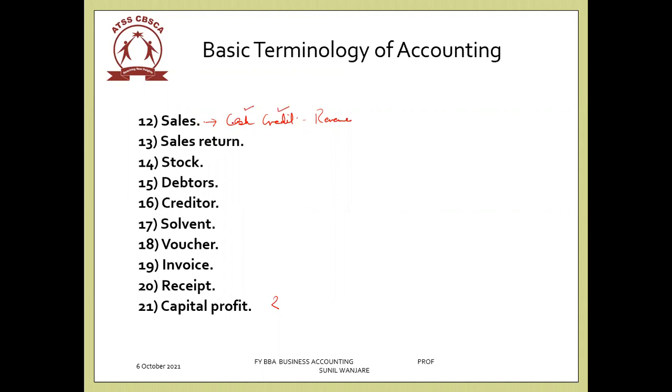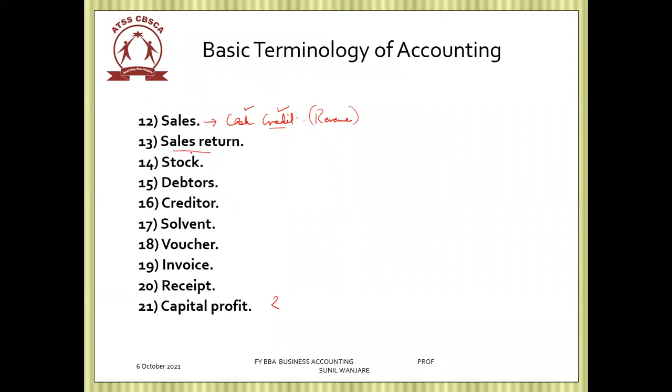What is cash basis? You supply material and you get cash immediately, it is called cash sales. And the material that we sell on credit, meaning you're not getting money immediately, is called credit sales. Credit sales is like we are selling goods and then collecting the money after 60 days or 30 days. Both are accounted as revenue, you're earning money from that. Now, what is sales return?